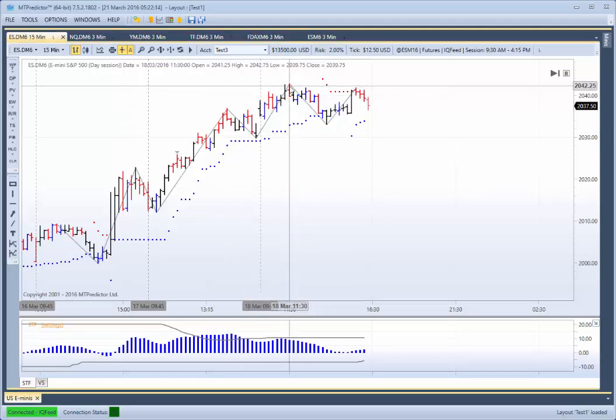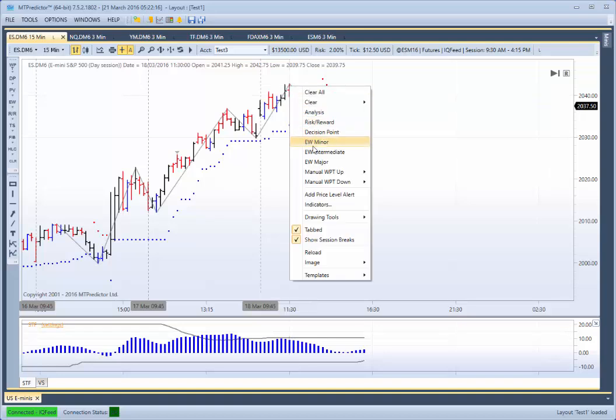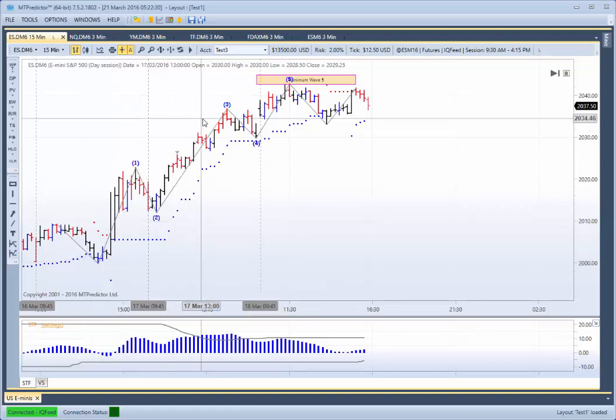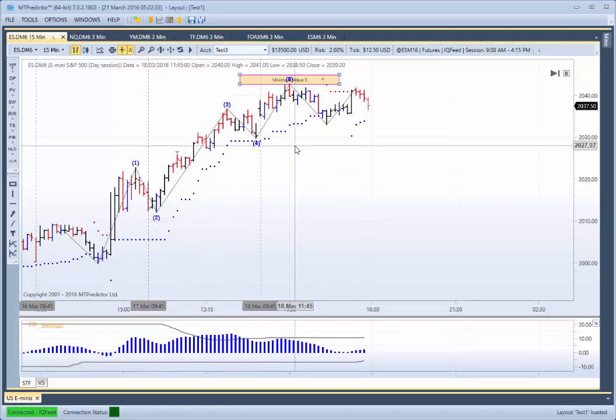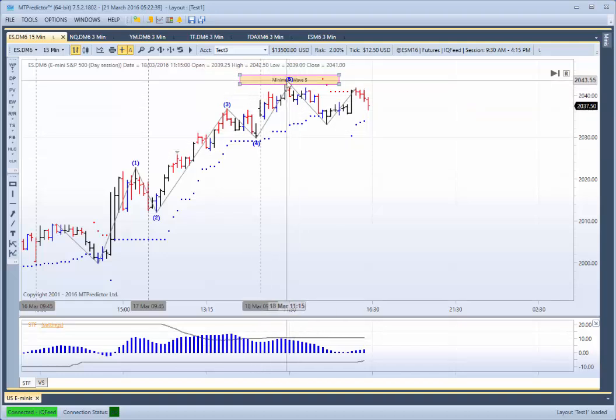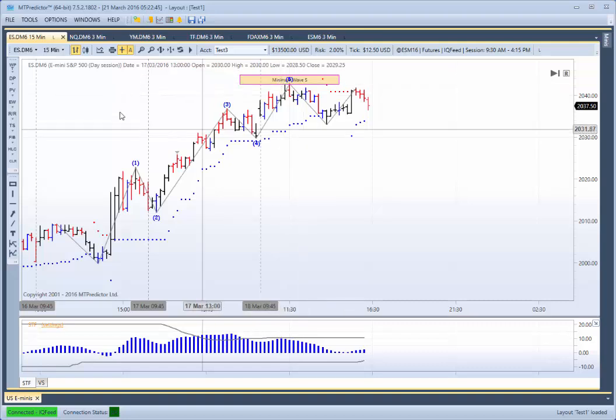If we right mouse click on the high here at 11:30, do Elliott wave intermediate, can you see how we had a nice looking 1, 2, 3, 4, 5, but more importantly, the high of the day, which came in at around 11:30 there, was actually at our minimum wave 5 WPT. Now normally I suggest that this is not a good enough signal to try and go short, because normally we like it to be at even higher time frame resistance, or at the typical level. So I don't think this would be a reason to short just because it reached the minimum wave 5 WPT,